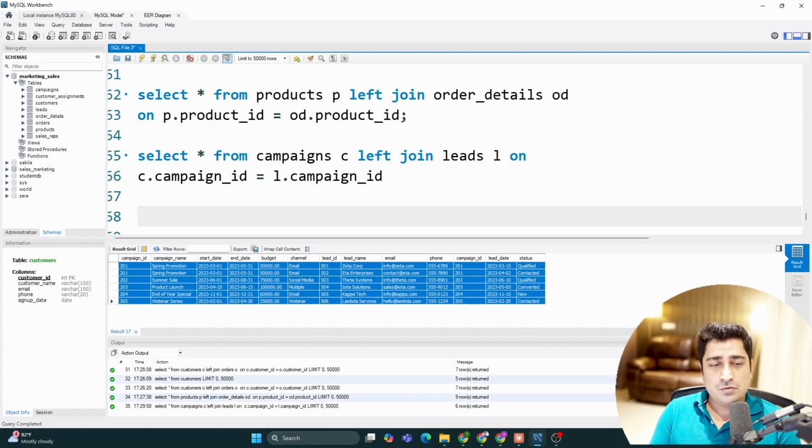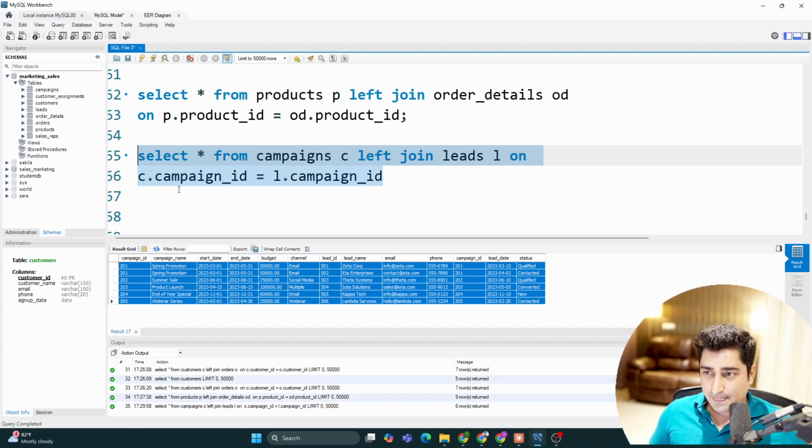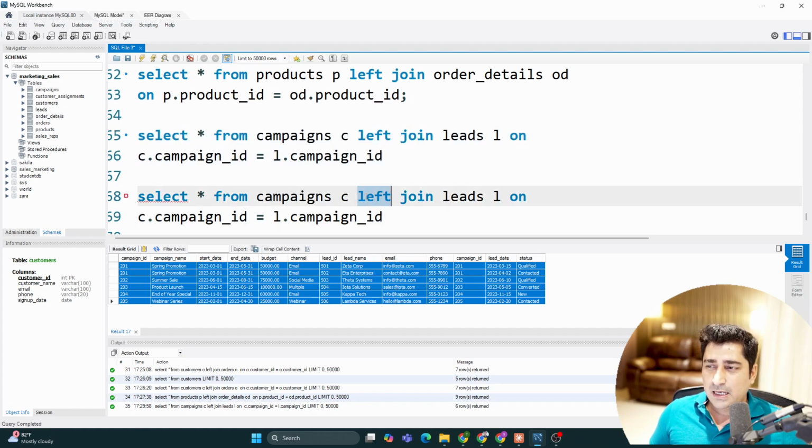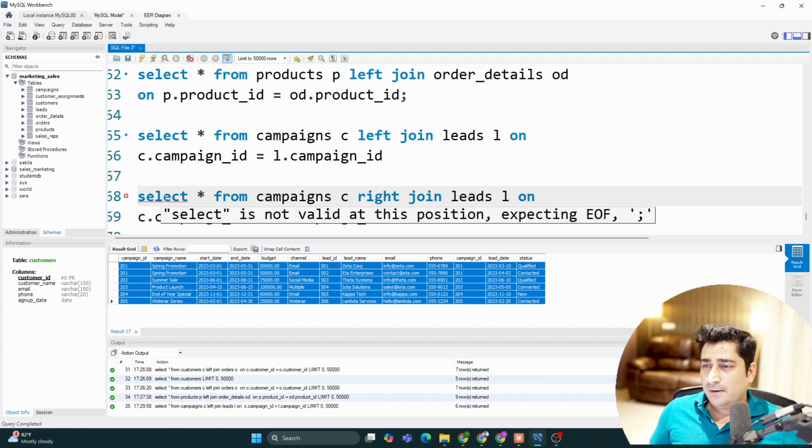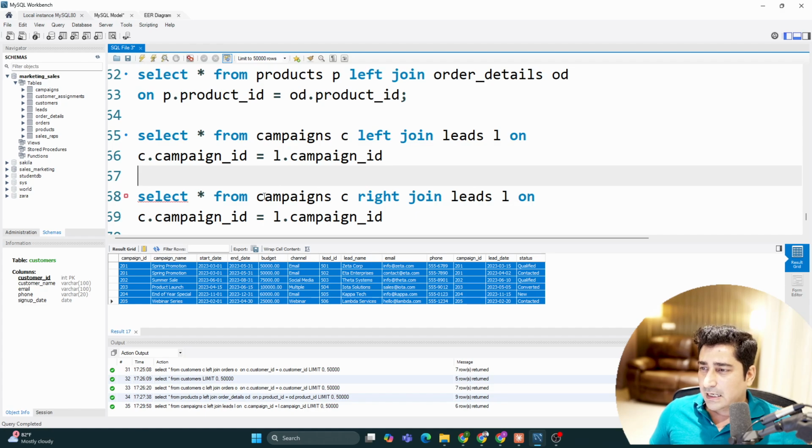Now what we can do is try to convert the same thing into a right join. That is possible. How? Copy the same thing, only the meaning will change. So here, when we are trying to write that,